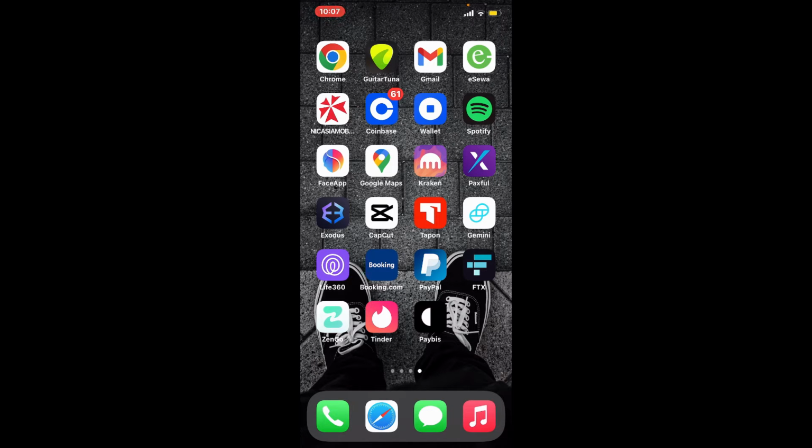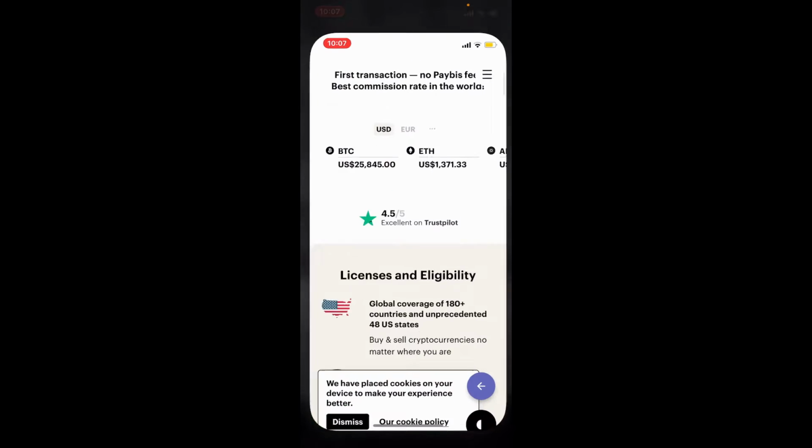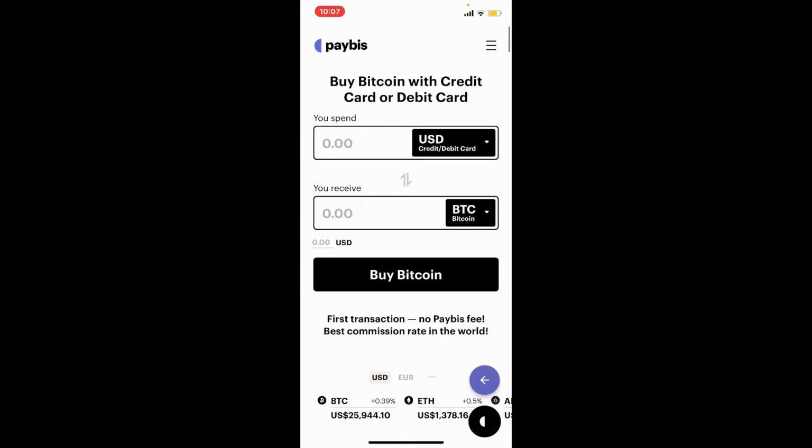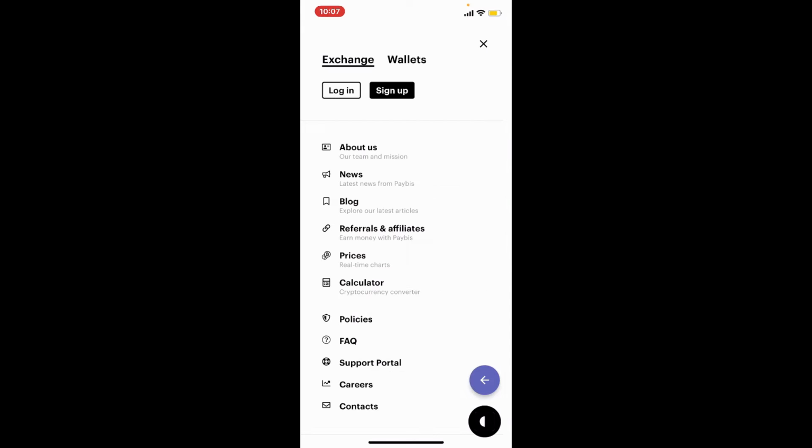First, make sure that you've downloaded the Paybis app on your mobile device. Once you have it, give it a tap to open. You'll be able to see this interface right here. From the page, tap on the hamburger menu located at the upper right-hand corner. From the options displayed at the top, tap on the Sign Up button in order to create or register for